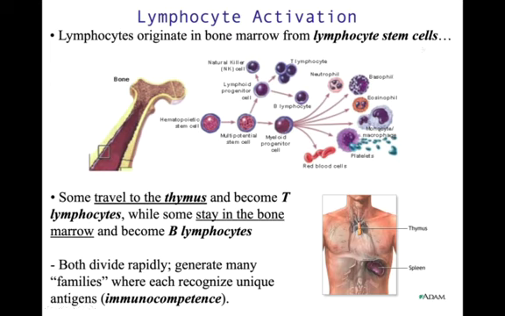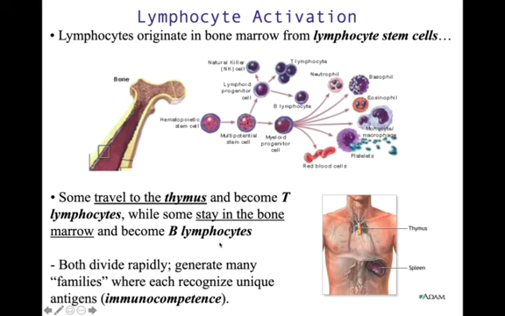So let's say, okay, you're a lymphoid stem cell. You're going to become either a B cell or a T cell. And you say to yourself, well, yeah, you know, I like the bone. That's where I'm from, right? I'm going to stay in the bone marrow. Well, if that's the case, okay, if you're a lymphoid stem cell and you stay in the bone, you're going to become a B lymphocyte. Bone,